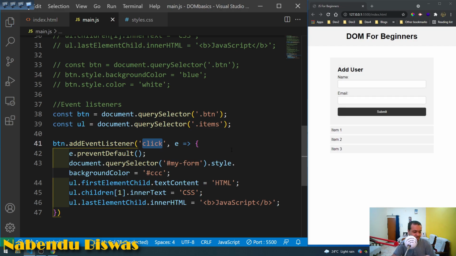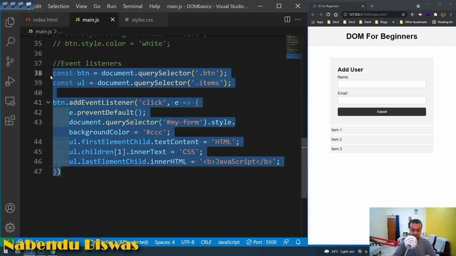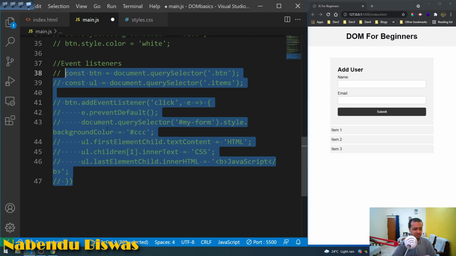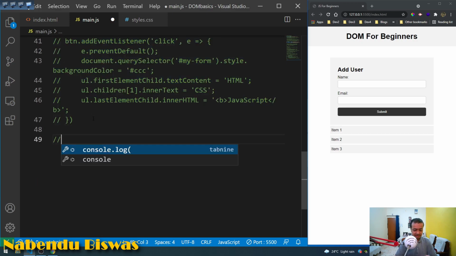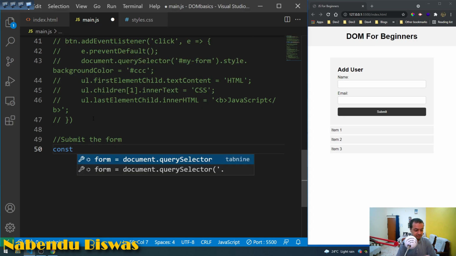Now we will learn to submit a form. Actually this is very important stuff, submitting a form, which is generally always done. So let us learn that. For that, we'll submit in this same form, const myForm equal to,